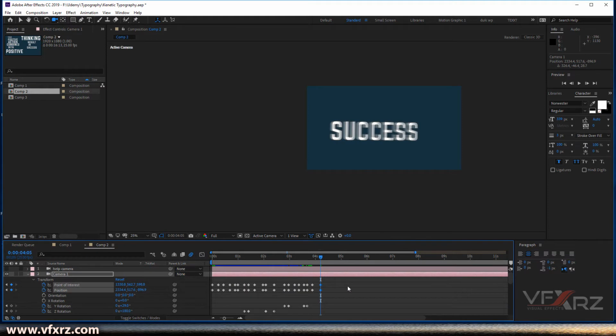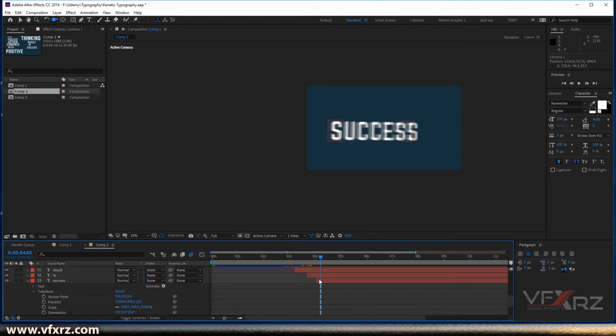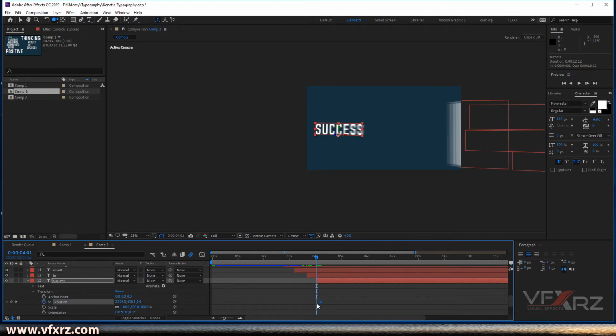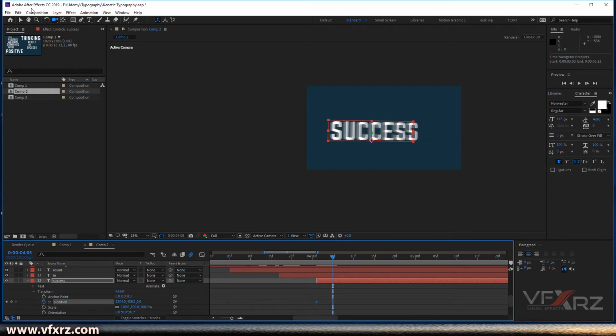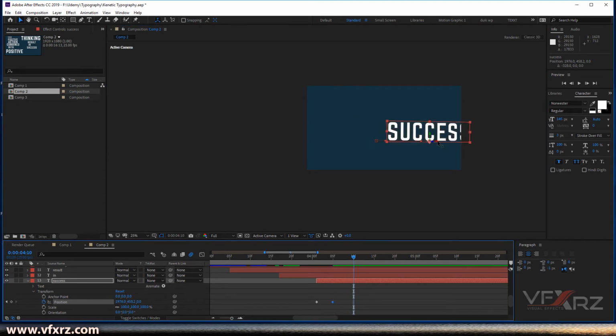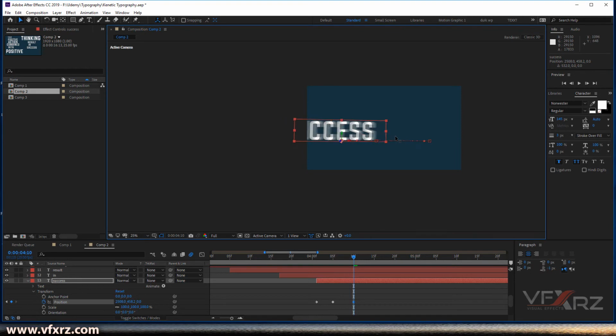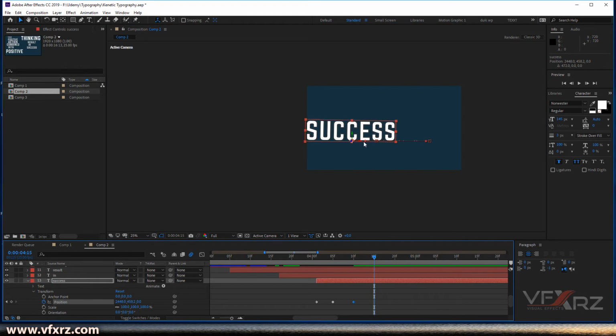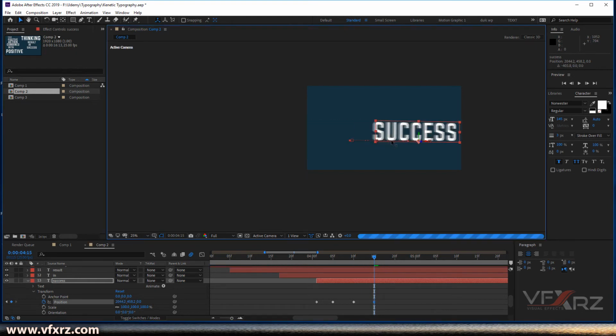And for animating this, if you want to animate something like this, it's really easy. Just click on this, and in the position add a keyframe from the first of your layer, and for example from here to here, drag this to here, next 5 frames, drag this to here, after 5 frames, drag this here,